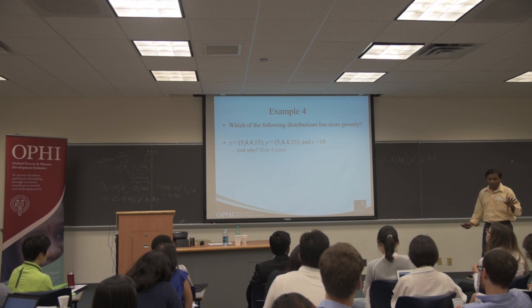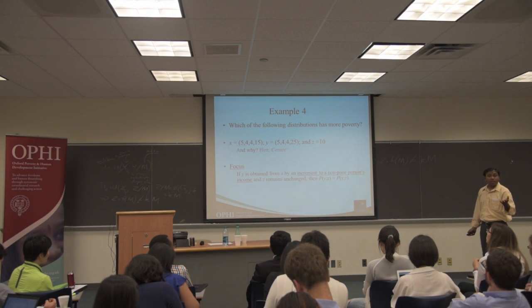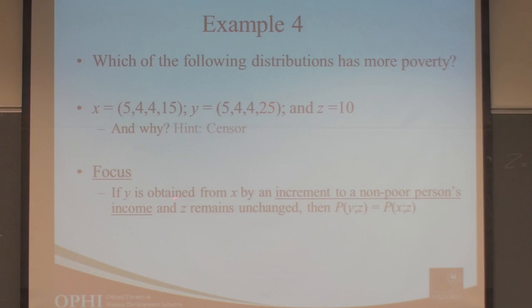Do you all agree? This property is called focus, which means our focus should remain on those who are identified as poor. So if you obtain y from x by an increment to a non-poor person's income and the poverty line remains unchanged, then you have the same level of poverty. Now,